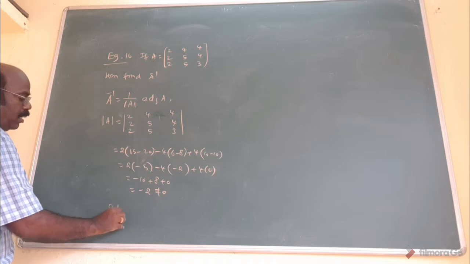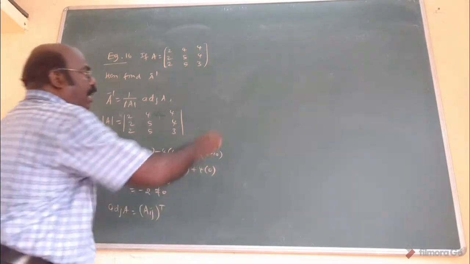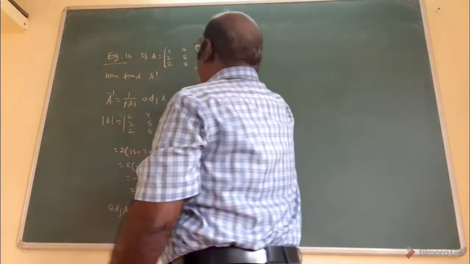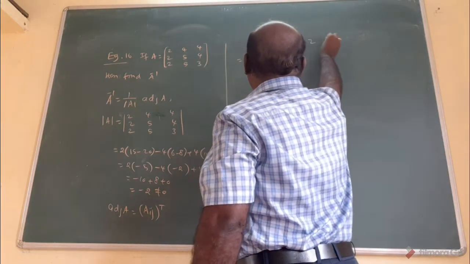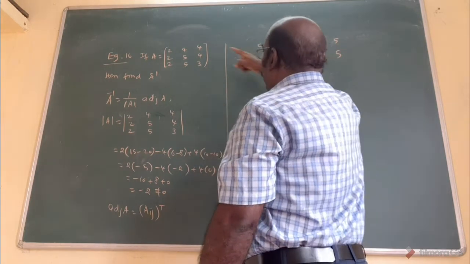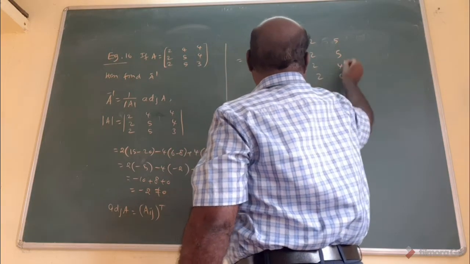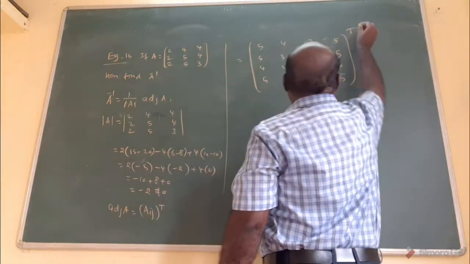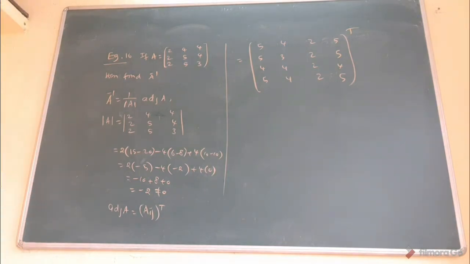Next step is what? Adjoint A is equal to the transpose of the cofactor matrix, that is the formula. As I told you, for this type of problem, start with the middle term, the middlemost 5: 4, 2, 5. Next is what? 5, 3, 2, 5. Next is what? 4, 4, 2, 4. Again, 5, 4, 2, 5. In this way, you have to write. This is easy for you. What I told you: actually, one more method is there, the method with negative, positive, negative, positive, negative signs. In this way, some negative, positive mistakes will come. Here, not that idea. Simple concept.